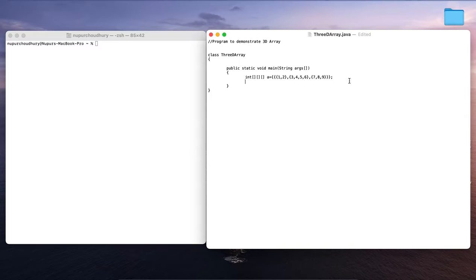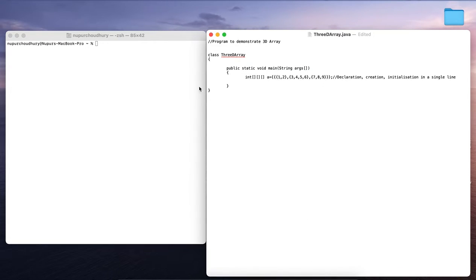Now the first line within this main program would be the declaration, creation or instantiation as well as initialization of the array in a single line. We can do this using multiple lines also, as we have seen in the theory session.